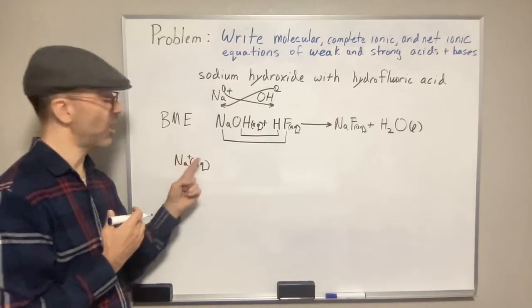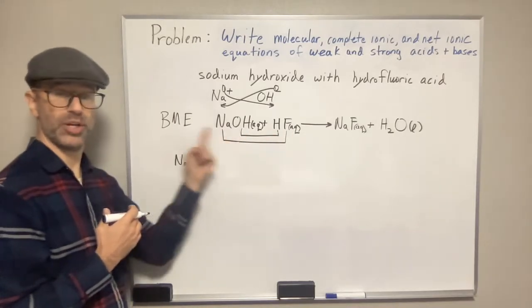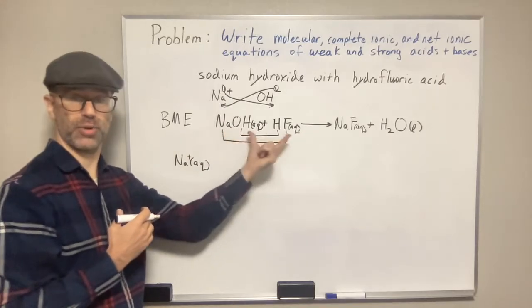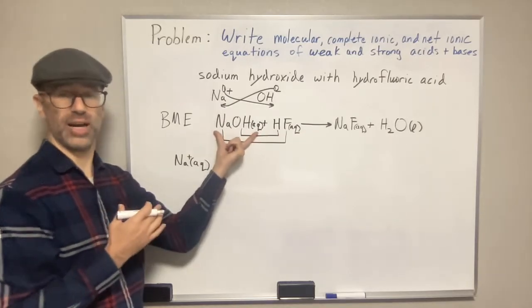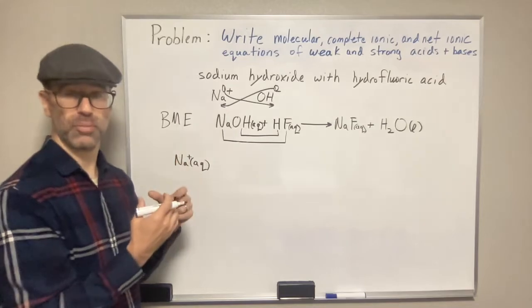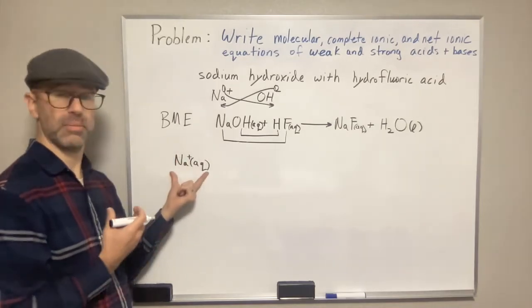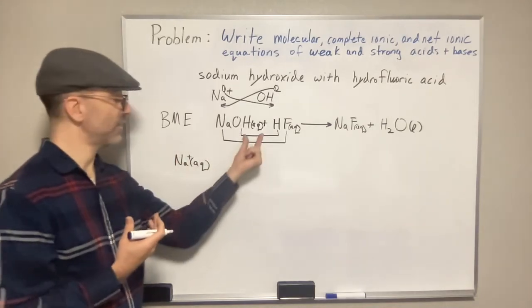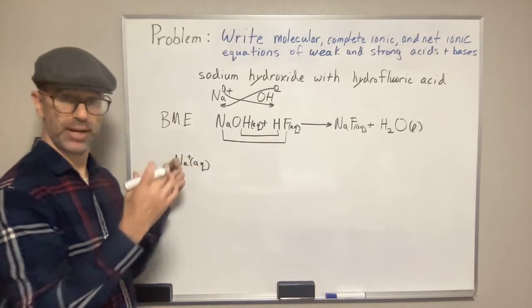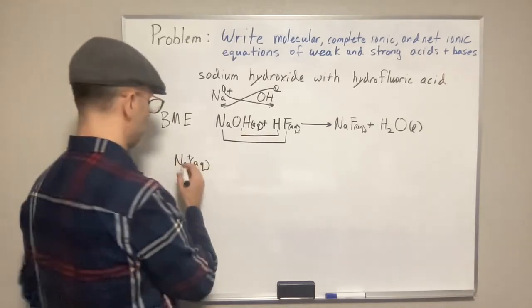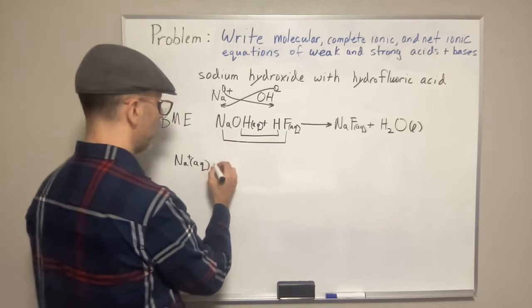In the molecular equation, the reason we call it a molecular equation is because even though these are ions, we're writing them as if they're molecules. But now we're writing the ions separately. Anything that's aqueous and separates is going to be separate. So here we have Na plus aqueous